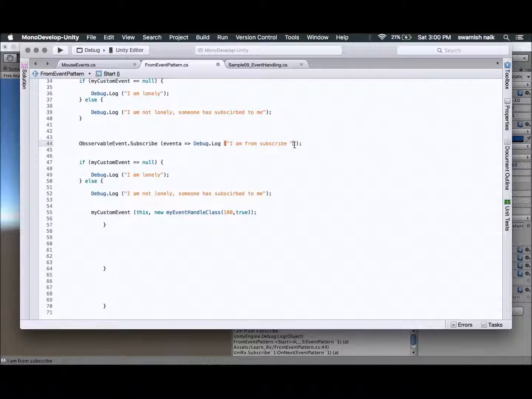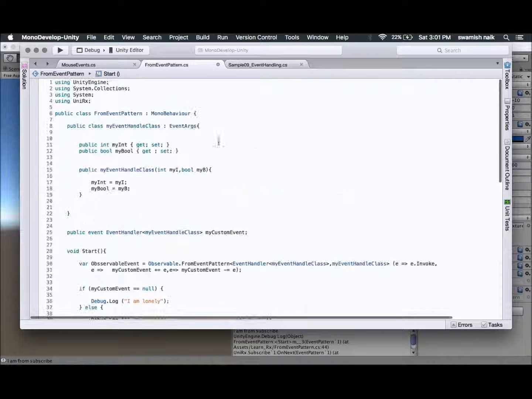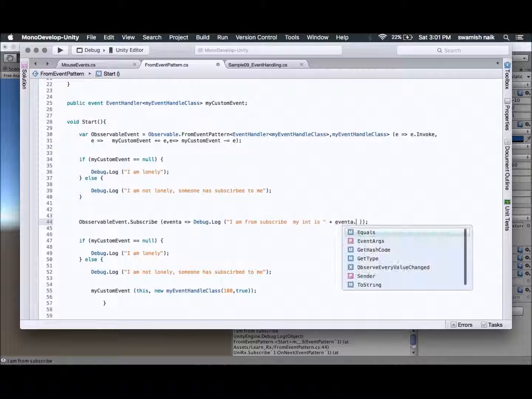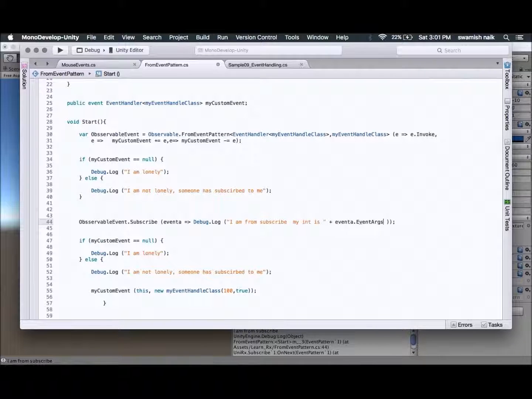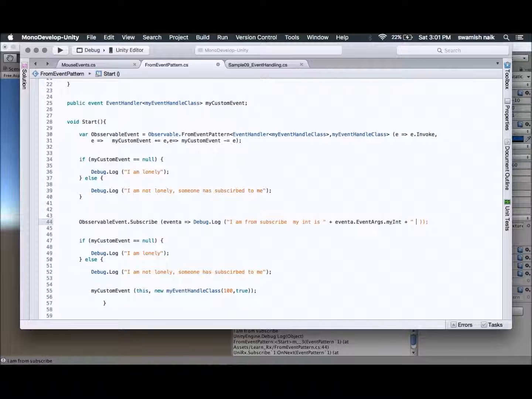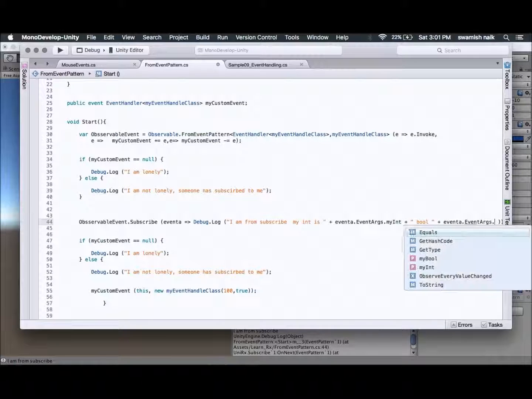"I am from subscribe, my int is", so how do we get the values of MyInt and MyBool? To get that we will use event.EventArguments.MyInt plus bool, event.MyBool.